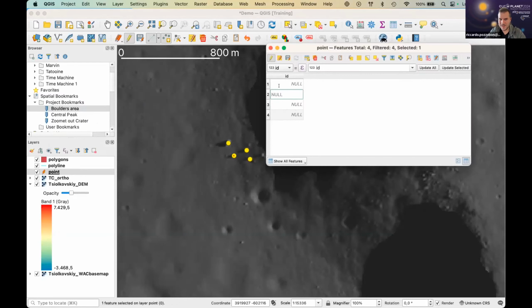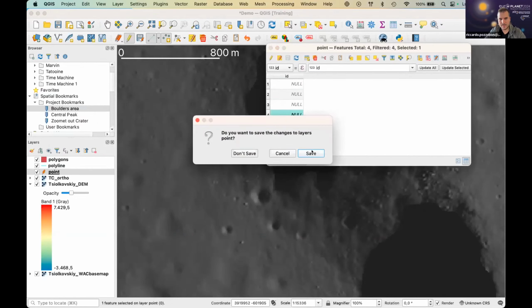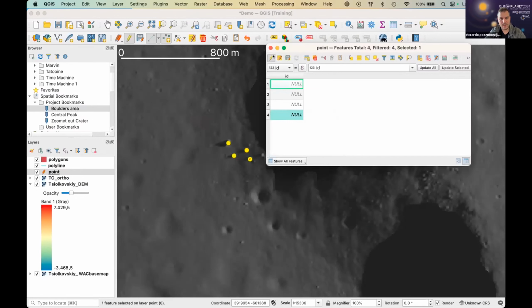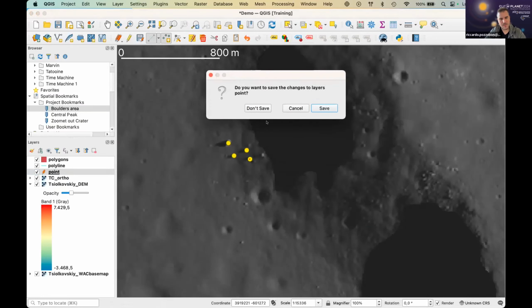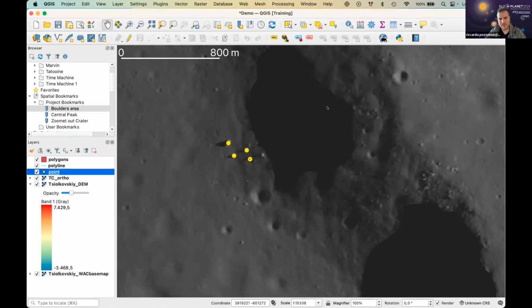I don't remember, honestly. And also, if you select here in the attribute table, they are marked with a small cross inside. So you see exactly what you're looking at. I save them. If you toggle off the editing, you can do it also inside the attribute table or from here. You switch off. It asks you, do you want to save the newly created entities? If I click save, the point shape file is updated,